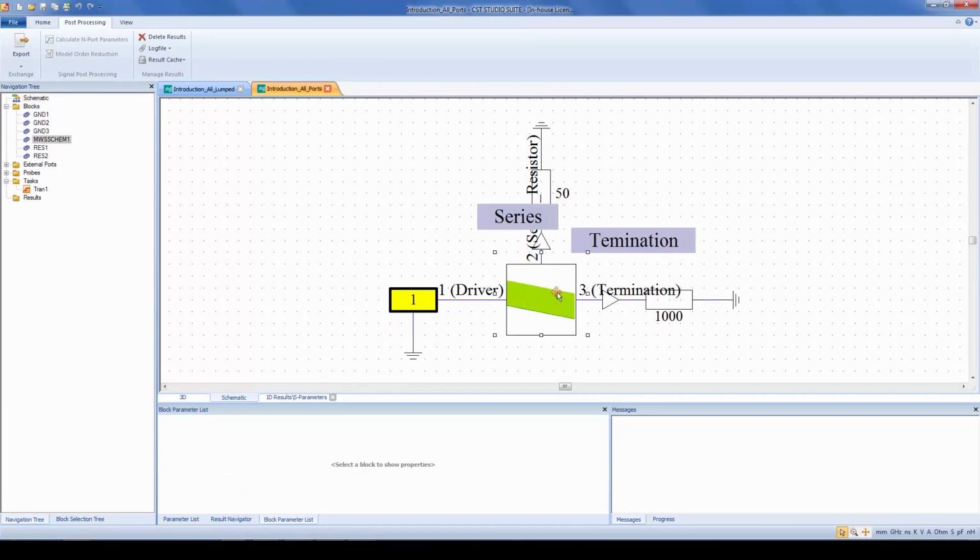They are connected at this block. So this block represents my 3D model, and I have three ports to which I can connect certain circuit elements. We support typically all popular or standard circuit elements. In this case, of course, it's pretty simple because we run the simulation here just with resistors and with a driver. So now I need to define a new task, which will be a circuit task,